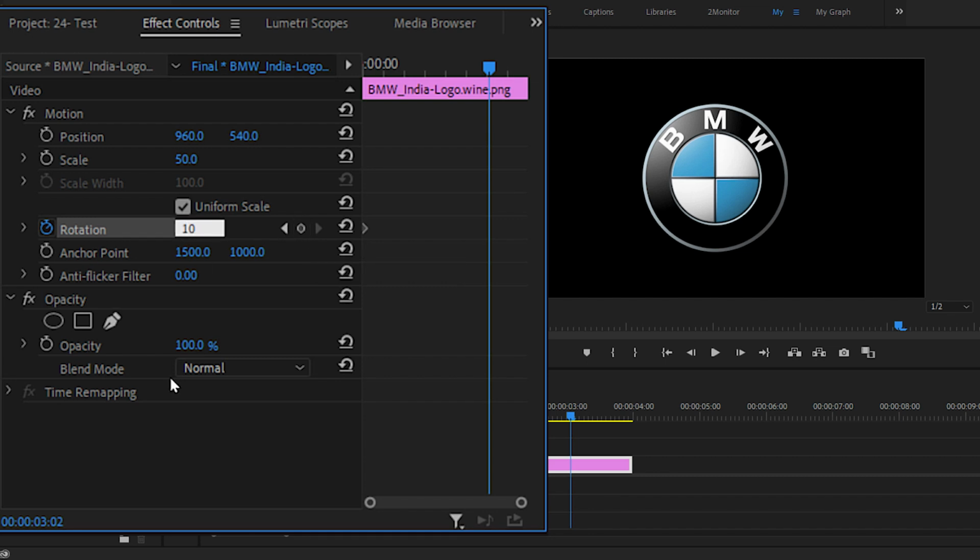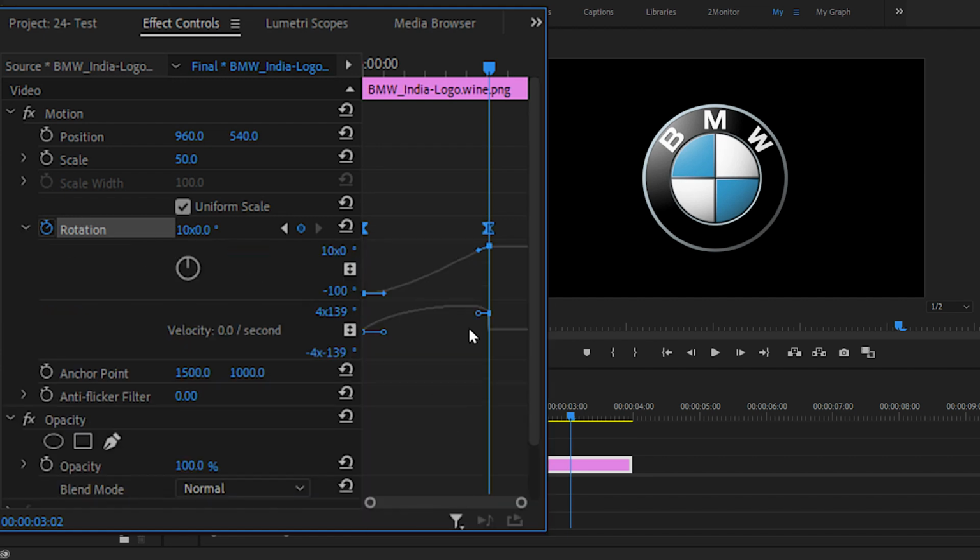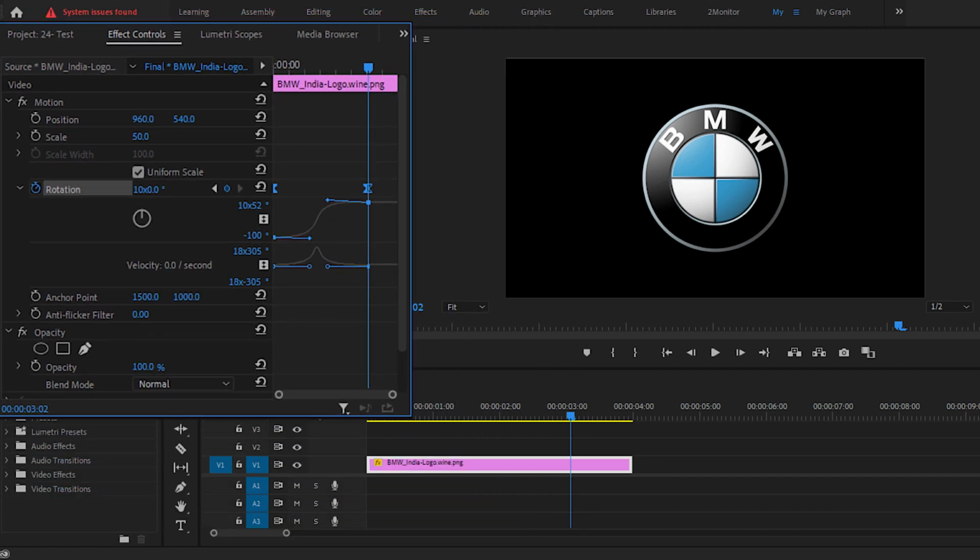Now select both keyframes. Right-click on any of them and select Ease Out. Then expand the rotation drop down and move these two blue handles closer to each other so that they form a peak. And now move this blue handle a little bit up to make an overshoot at the end of